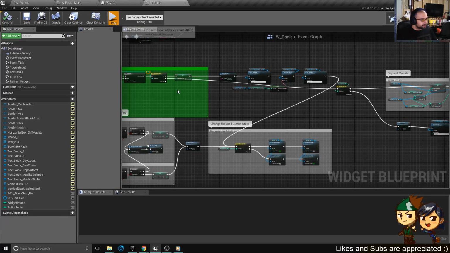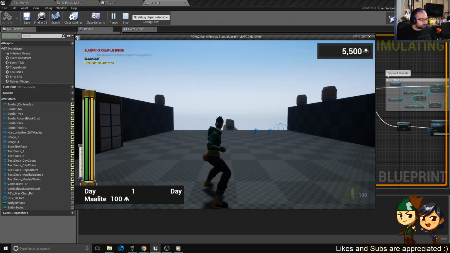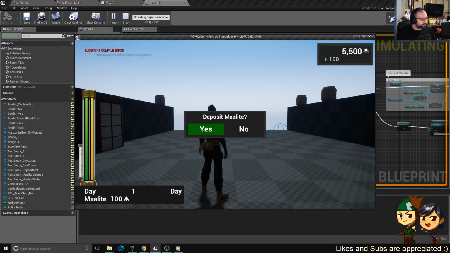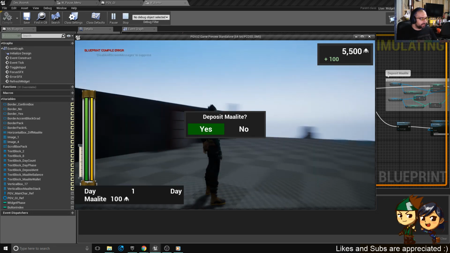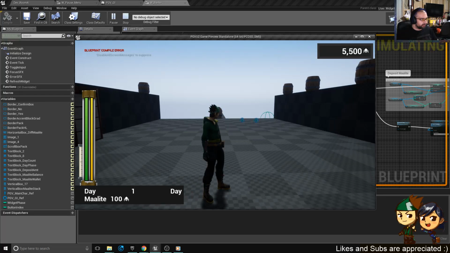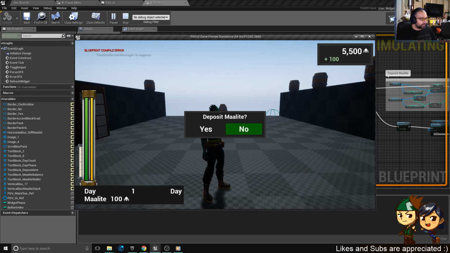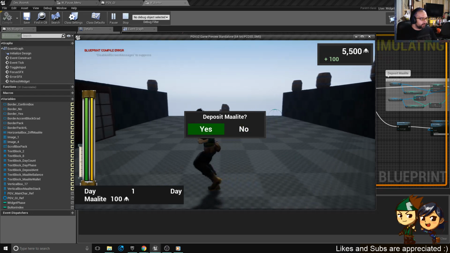just want to verify. Okay, so open up a bank, hold space, and I let go. That's perfect. We have our focus. We can hit yes or no. If we hit no, that closes. If we hit no again, or if we hold space again, we get back to phase 1, and